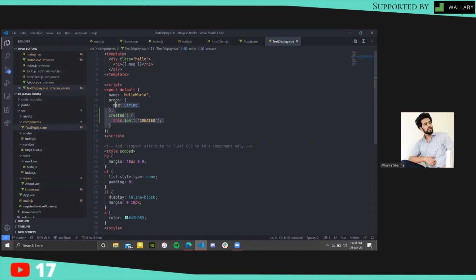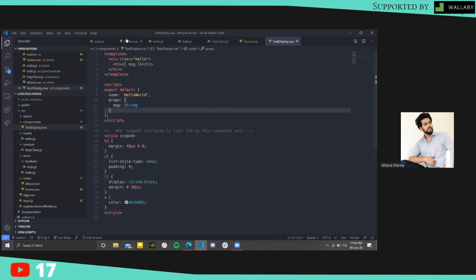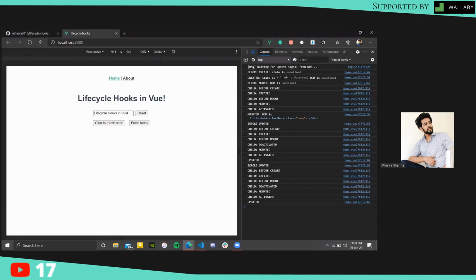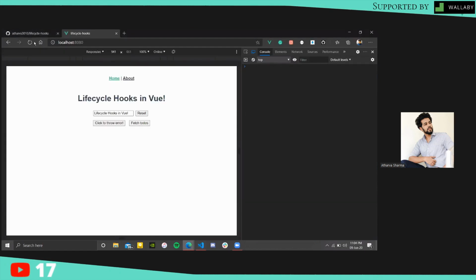So Vue provides us a default way of doing that using @hook listeners. And we can listen to all the child lifecycle events using this: beforeCreate, created, beforeMount, mounted, beforeDestroy, destroyed, activated, and deactivated. So let's see. Okay.